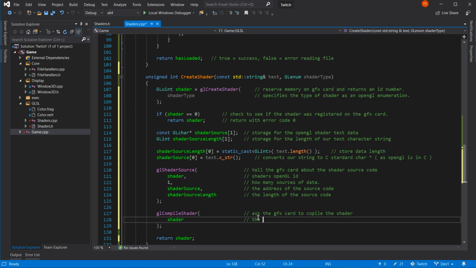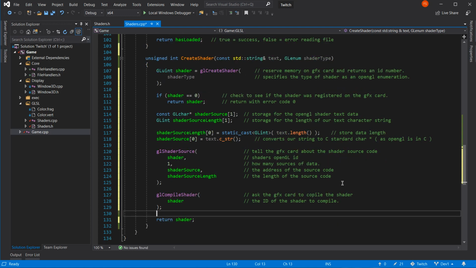The ID of the shader to compile. Easy, huh? Who said OpenGL was difficult?